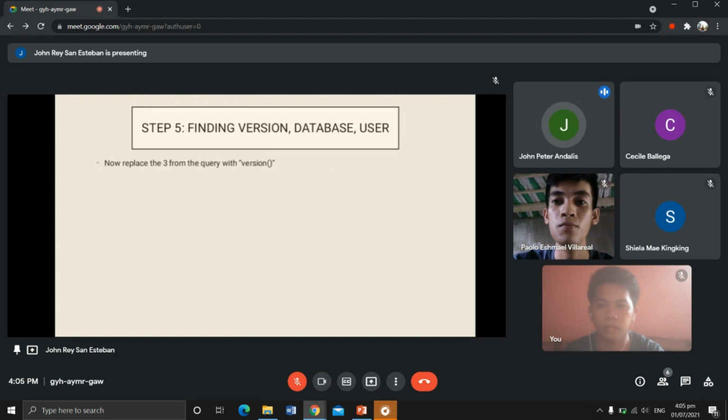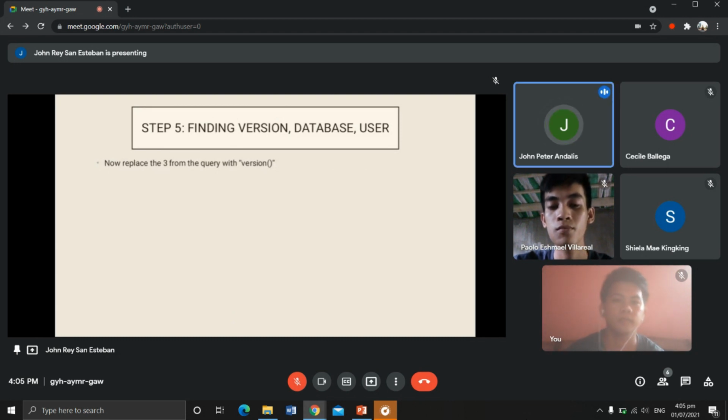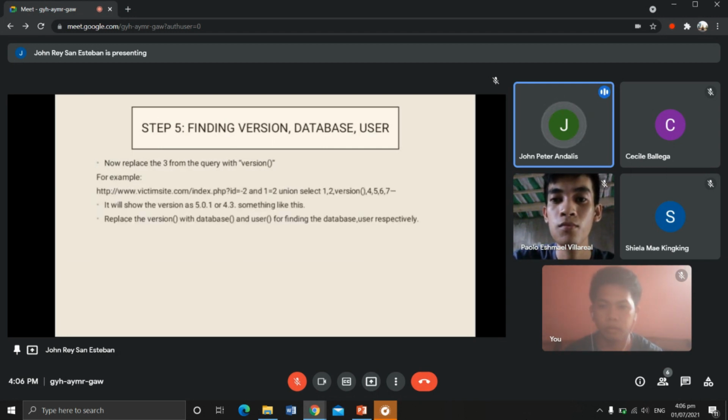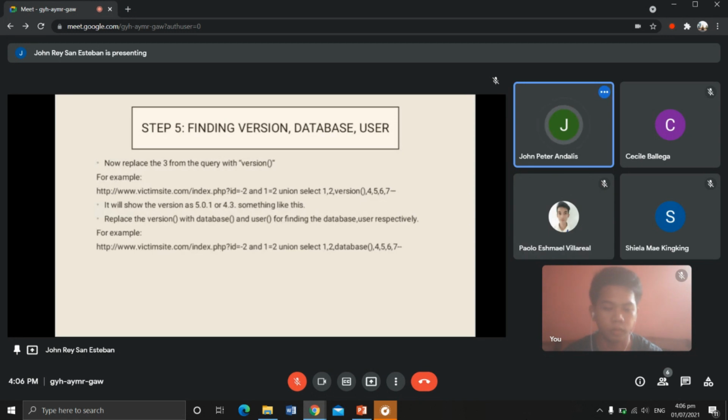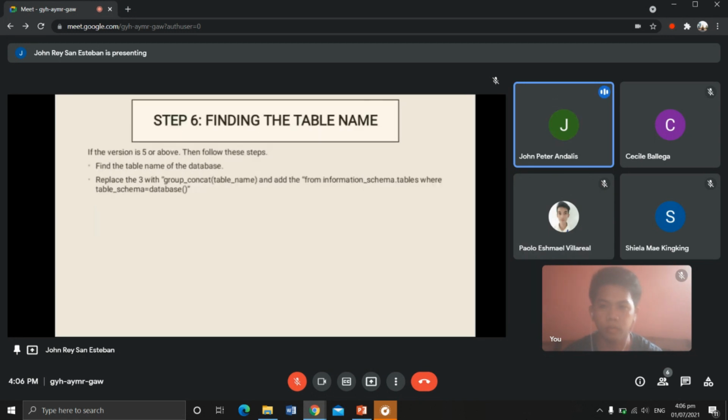Step 5. Finding the version, database, user. Now replace the number from the query with version. It will show the version as 5.0.1 or 4.3, something like this. Replace version with database and user for finding the database and users respectively. Like for this example,